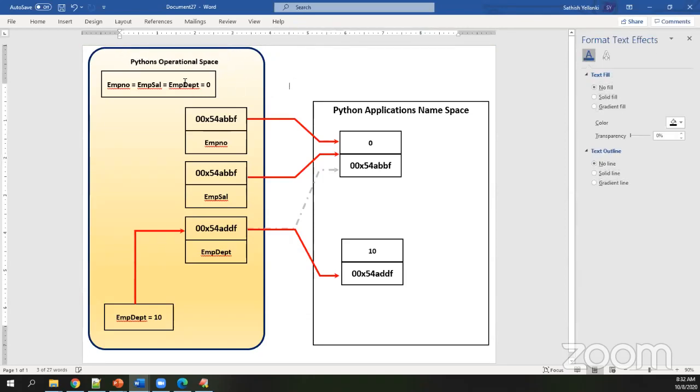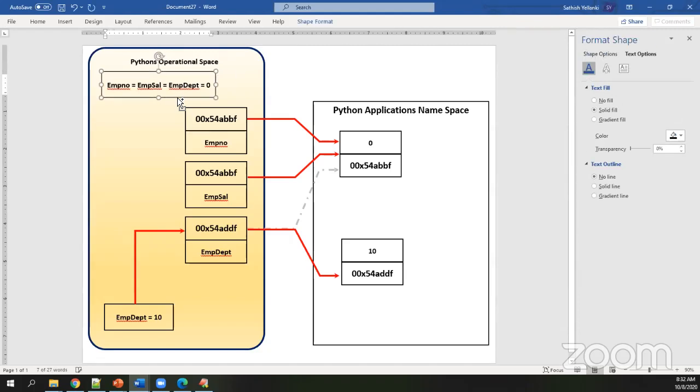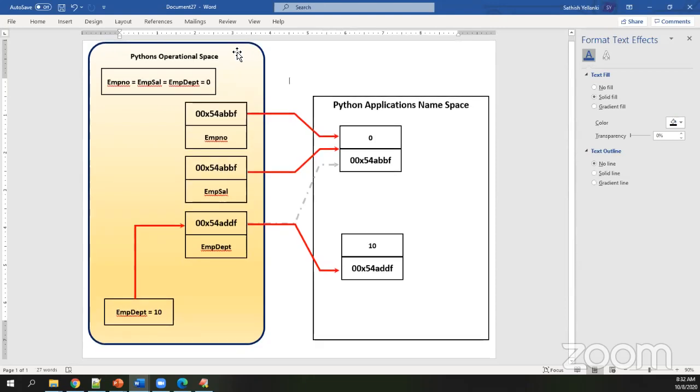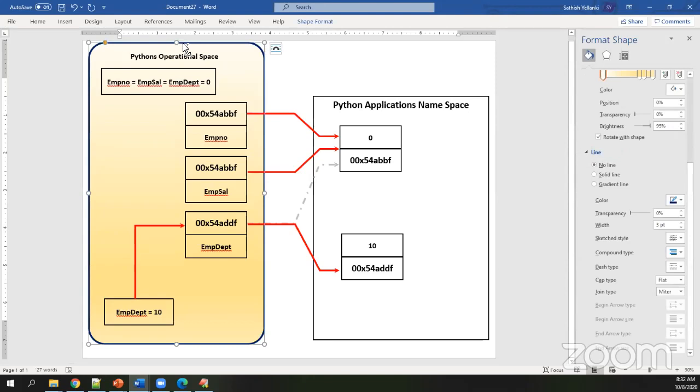In operational space, every variable has its own memory allocation. But in the application space, it does things differently in its implementation. Will you remember these things? Come on. Am I clear with you?